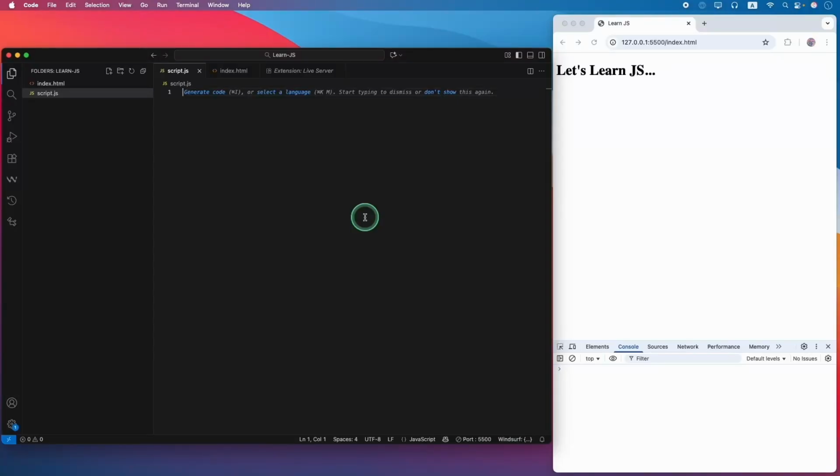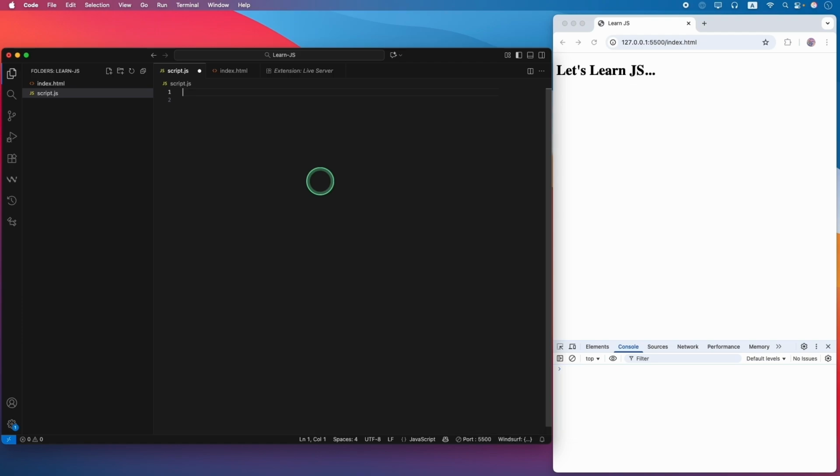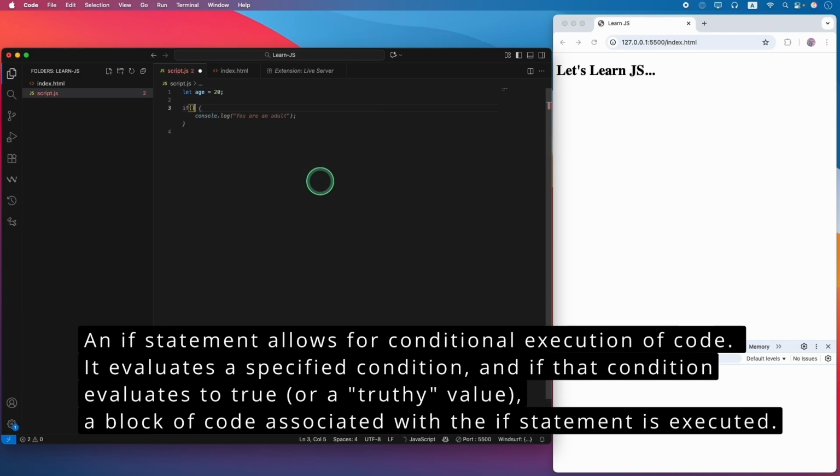Let's talk about conditional operators. First, let's start with if. So I will create a variable called age and I will make it 20. Then I will create the if condition. So here is the if condition, and inside the brackets I will say if age greater than 18, and here